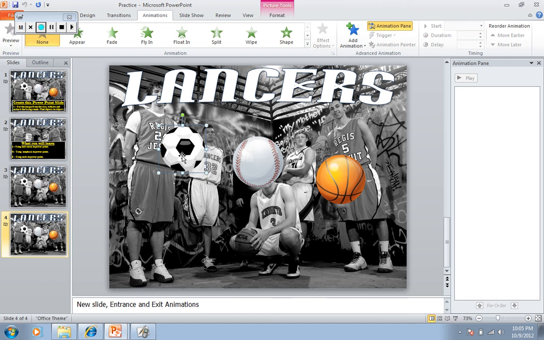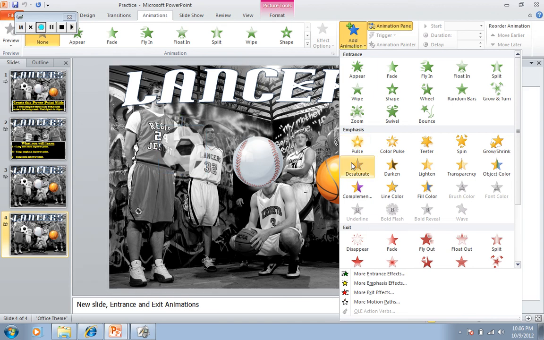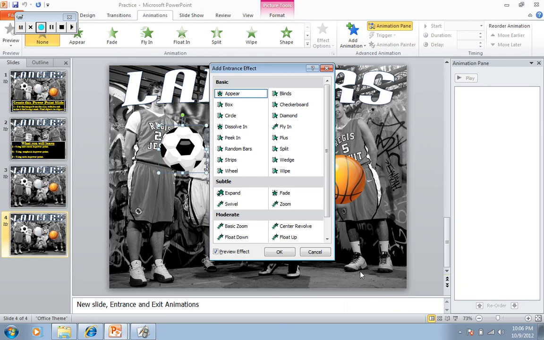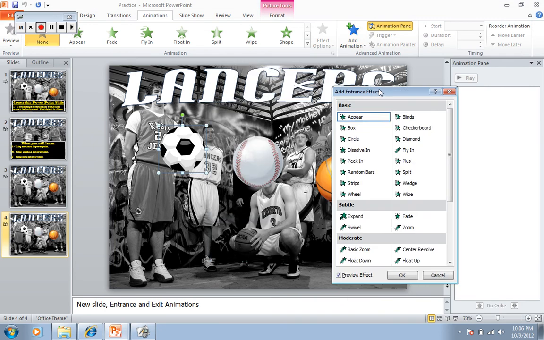Select the item that you want to add an entrance to, an exit to, or an emphasis to. An entrance is when it enters the screen, exit when it leaves the screen, emphasis if it brings attention to the item. Alright, click on it, go to add animation, go down here to the bottom, more entrance effects, select it, and you'll find numerous entrance effects